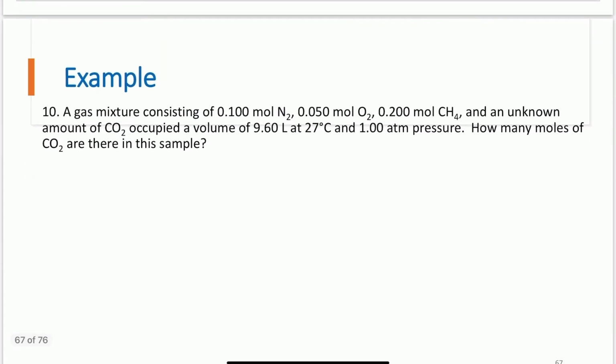Number 10. A gas mixture consisting of 0.10 moles of N2, 0.050 moles of O2, and 0.200 moles of CH4, and an unknown amount of CO2 occupied a volume of 9.60 liters at 27 degrees C and 1 atmosphere pressure. How many moles of CO2 are in this sample? We have two different methods we can follow here. There's a longer method and a shorter method. I'll show you the longer method first, and then I'll erase everything and show you the shorter method. So method 1